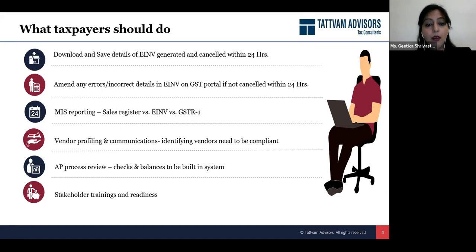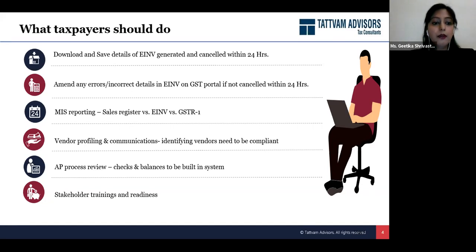Here, I would want to point out one thing, that today the portal is only allowing you to search the vendor's details on a one-on-one basis. But in the long run, they will soon come with the facility of bulk updation, where you can upload the details of all your vendors, and then you can get the status of whether they are falling under the requirement or not. But as of now, you have to go for each vendor one by one and check their status.